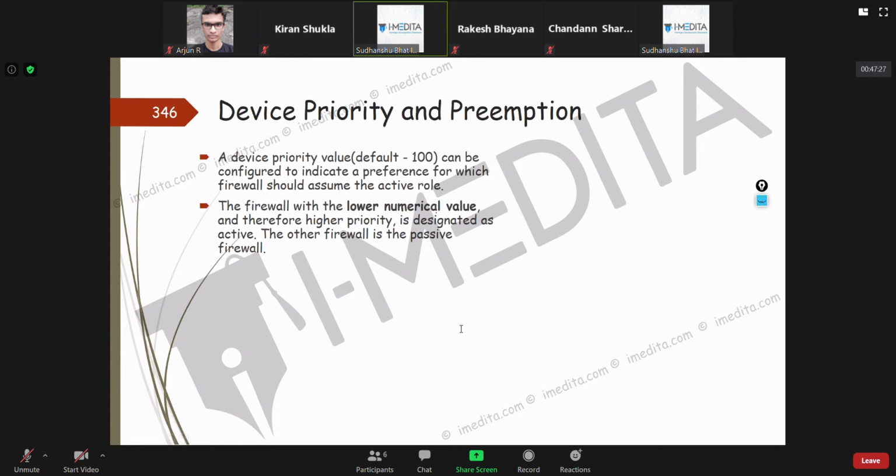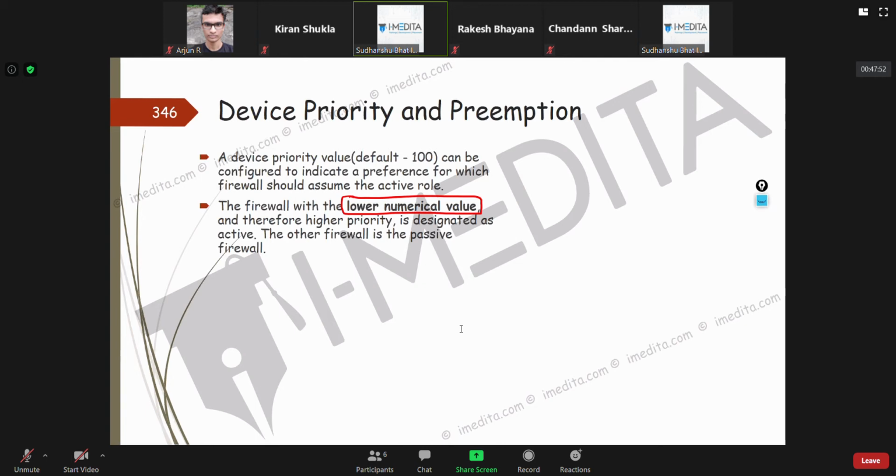Lower numerical value is preferred. Remember this is important because I've seen people thinking that higher priority means a better firewall and it will become active. No, not like that.